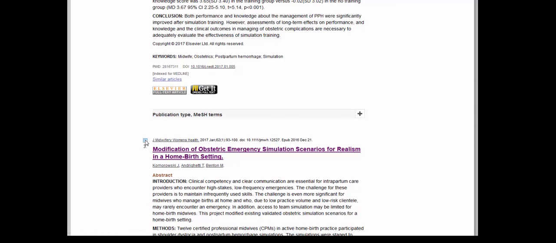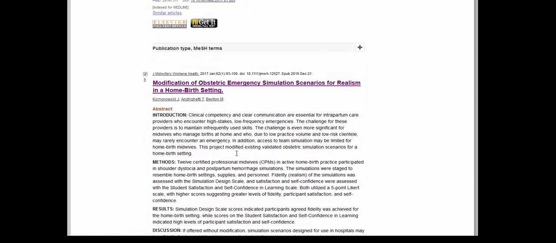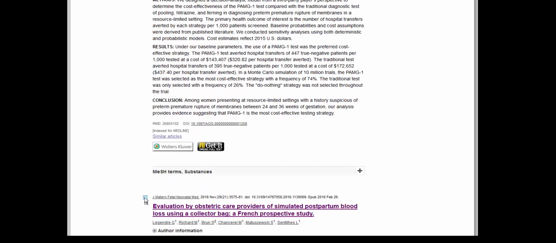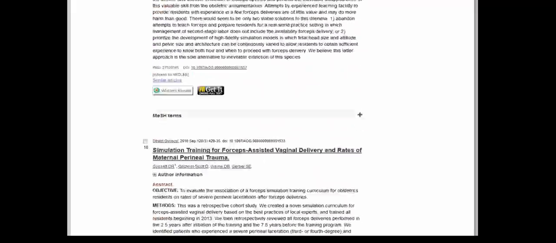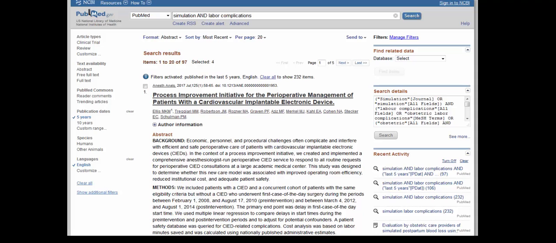And I can select the articles that I believe are relevant. I'm just going to select a few randomly by clicking in the box next to each article. I've selected 4 citations, and I can look at them separately from the 97 articles that appeared in my search results. To do that, I'm going to scroll to the top of my page and click on the downward arrow